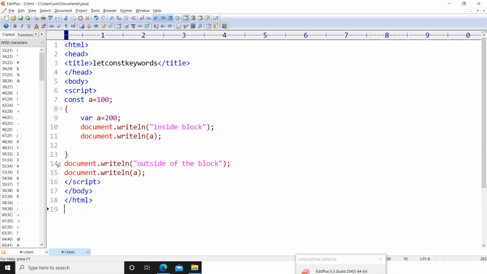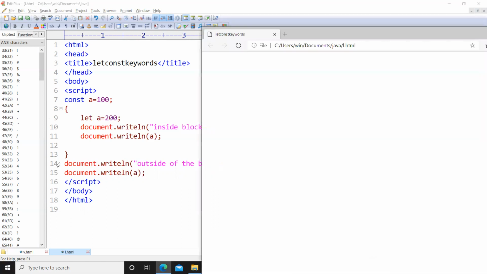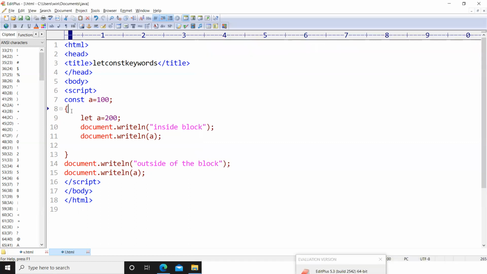So now let us observe what will happen if we use the let keyword and try to change the value of A, and save the program with Control S. Now make a refresh here. So we are changing the value of A to 200, because we can change the value from this point to this point.